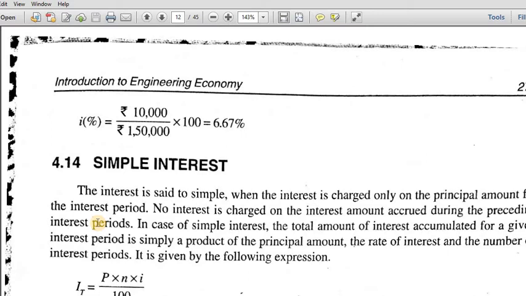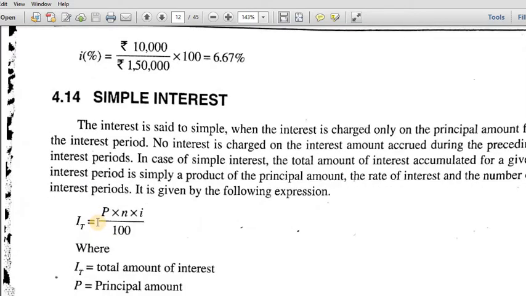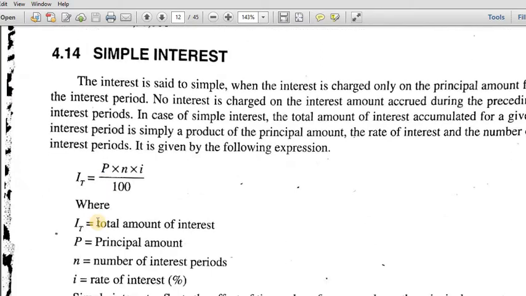Last class we saw some basic things, simple interest and compound interest. We'll quickly go through that again. What is meant by simple interest? If I'm paying money to you, some interest will be there for every period of time. How will you calculate the interest from the principal amount? P N I by 100, or you can say P N I in terms of I by 100 always. If I is 10%, it is always 10 by 100. You have to include that.